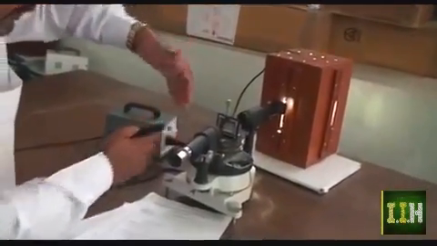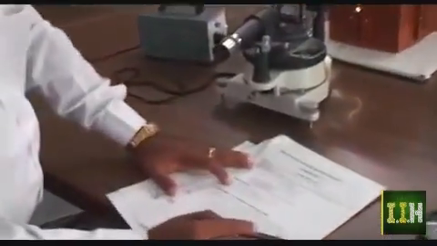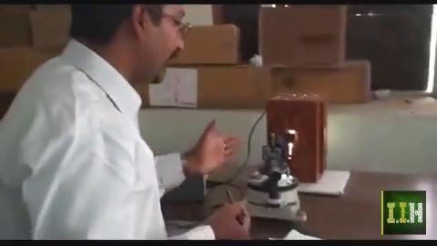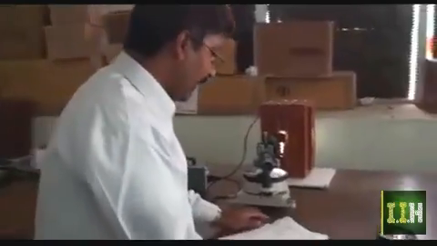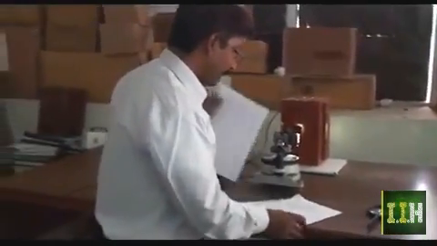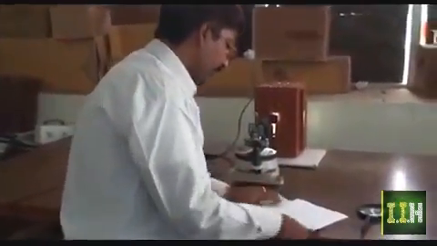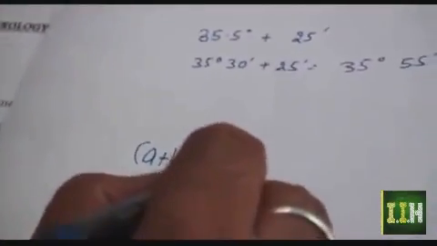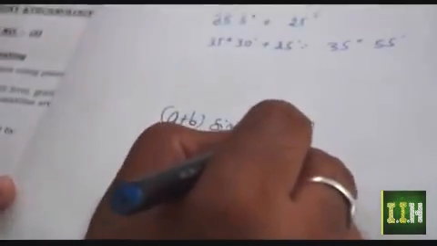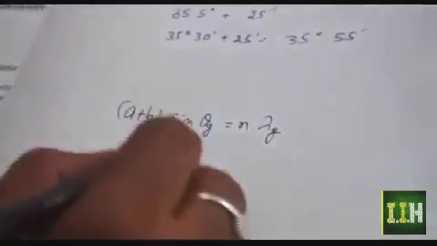This is 2 theta, and so we can get the value of theta on this table for a particular order and for a particular color, that is theta. We can repeat this experiment for the different color and the different order, and finally when we have the theta, we have the formula, that is for the grating, a plus b sine theta, let for green, is equal to n lambda g, that is lambda for green,